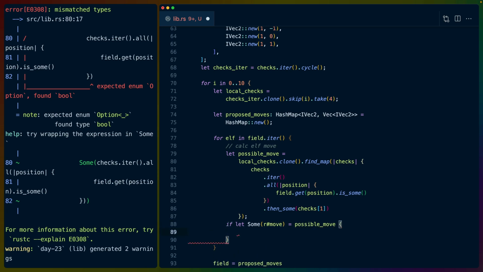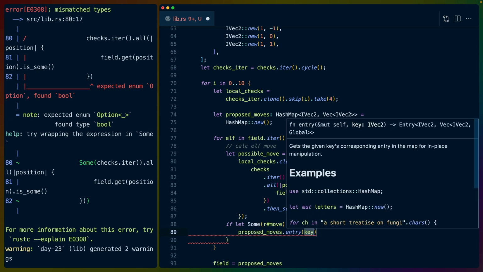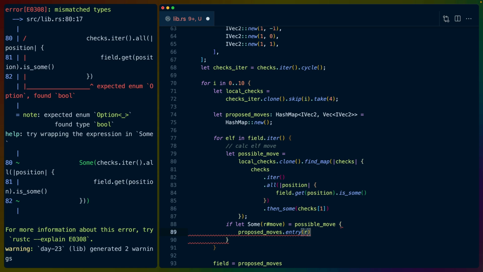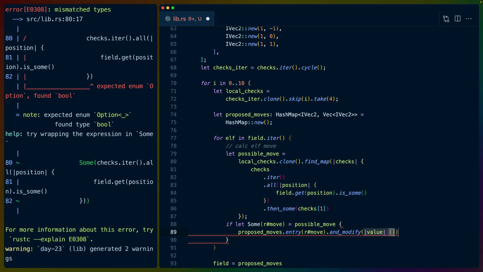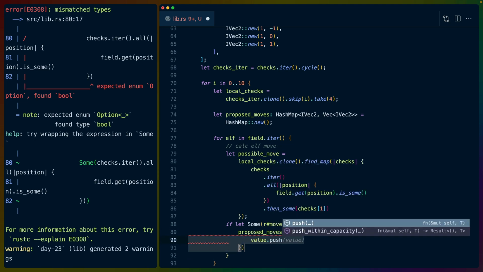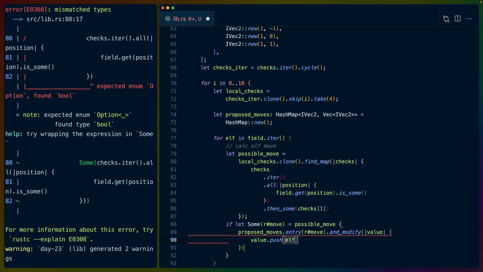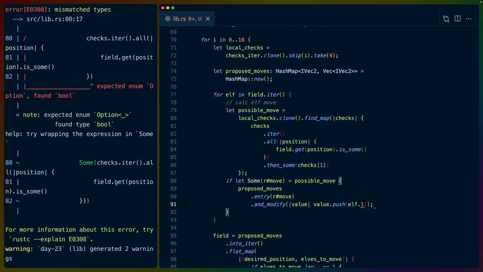So we do if let Some whatever, then proposed_moves.entry with the potential move. So our_move.and_modify. This will be value, and it'll be value.push. So probably needs to be mutable. And we're going to push the elf. I think it's elf.1, right? I don't know why elf isn't coming up for the type inlays, but basically, if we have a possible move, we want to take the, oh, also this isn't field.get is_some, this is field.get(position)